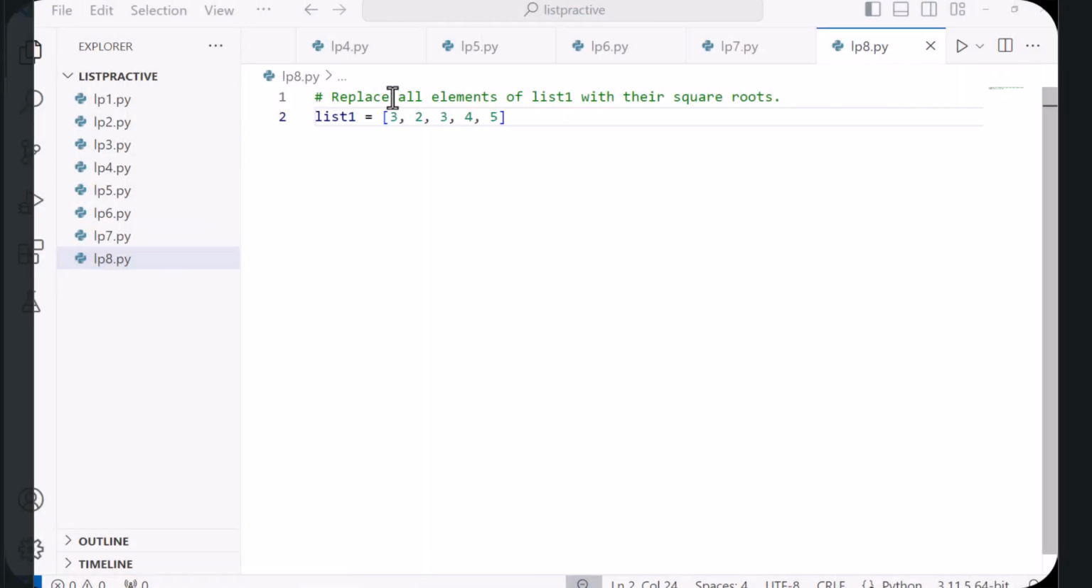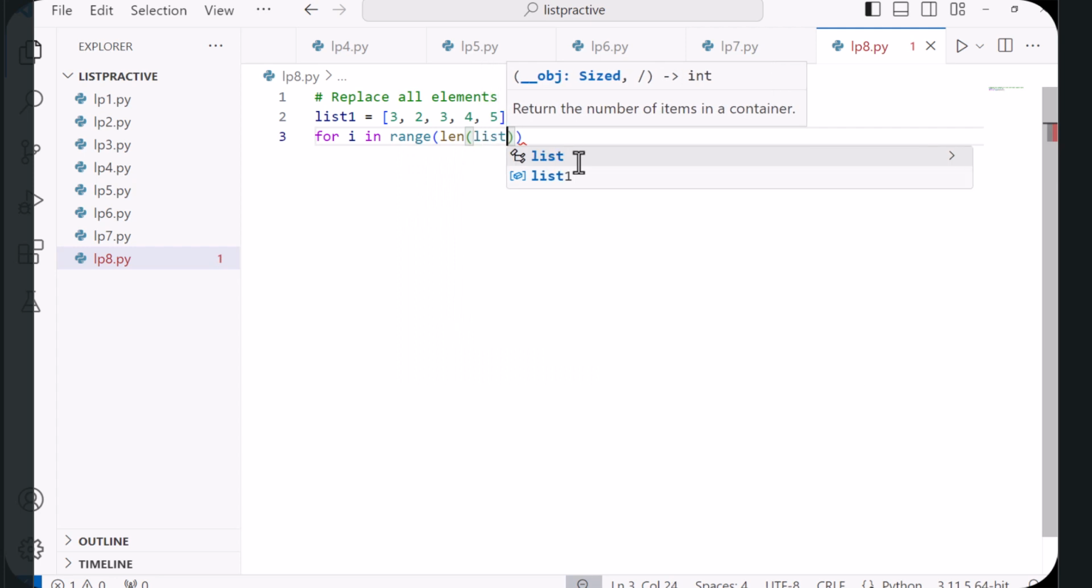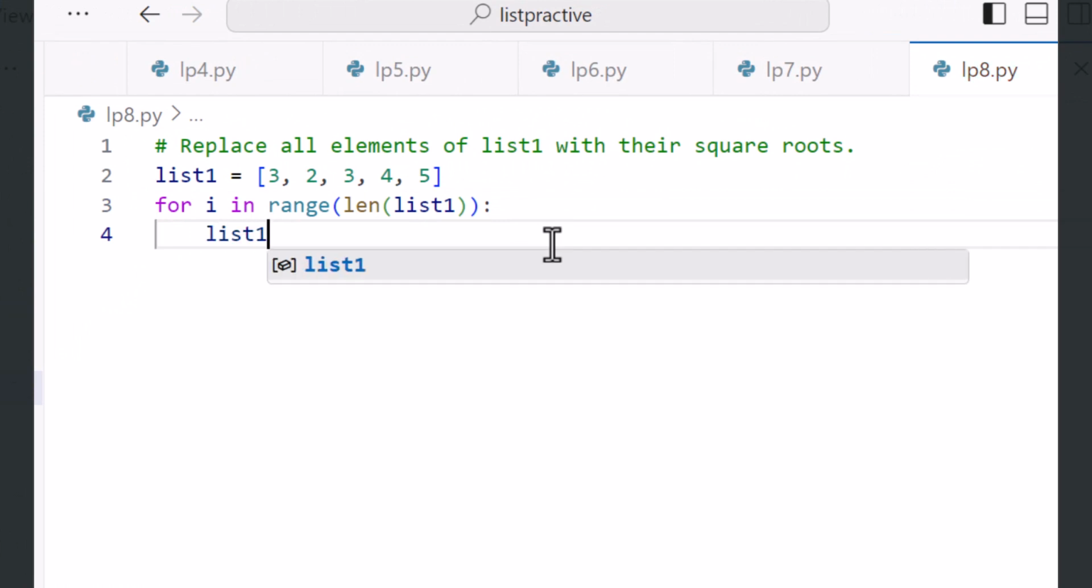Next question, replace all elements in list 1 with their square roots. And this is a simple thing, but this time you need to use the index since you are changing the elements of the list. And you need to use the square root function in the math module. So let's see this. For i in range, now I need to use this len of list 1. So this way I'm going to go from index 1, 2, 3, whatever. Now, I would say list 1 i is equal to, we are changing one element at a time,